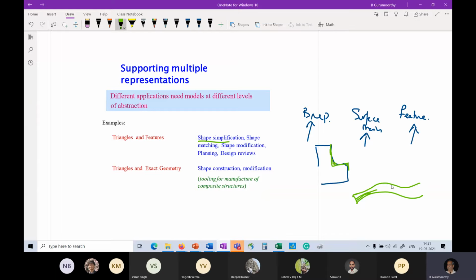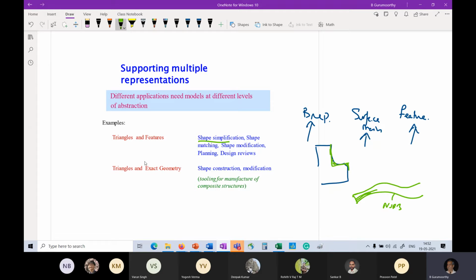Now, this is the one that has to be passed to the tool maker or the manufacturer, because they have to press the composite materials with this mandrel so that it takes the final shape that it is given here. But we know that given a surface, the offset of that surface is not an exact surface. So this may be a NURBS surface, but the offset of this is not guaranteed to be a NURBS surface. And so I have points, then I have another set of points, another set of points, and finally I have a mesh of points here, and I find a surface out of that, and then I pass it to the tool maker. And so you need to go back and forth.